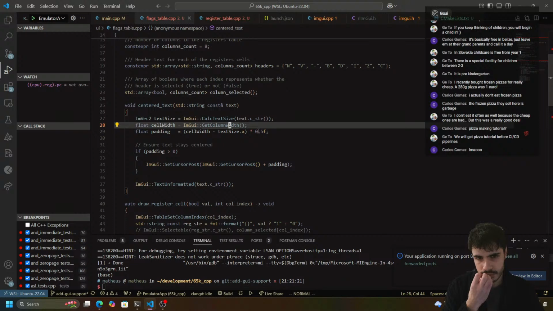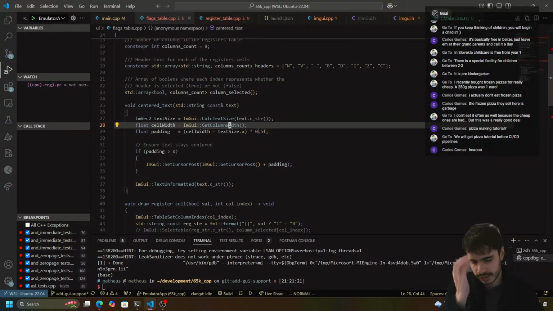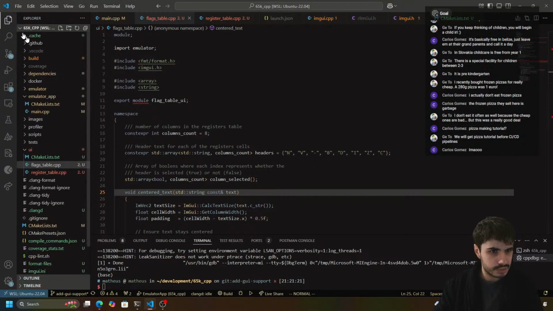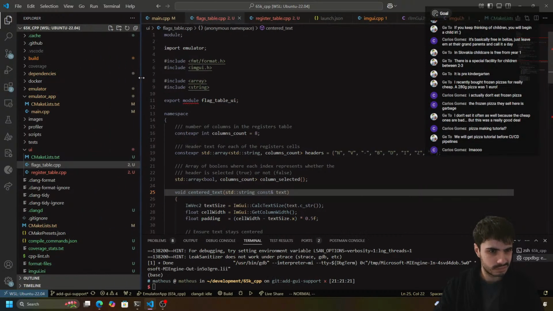So maybe we don't want to center it. So the padding should be what? The text size minus cell width divided by, yeah, so we're going to center it by, yeah, okay. So what we can do is, I guess we can have a common